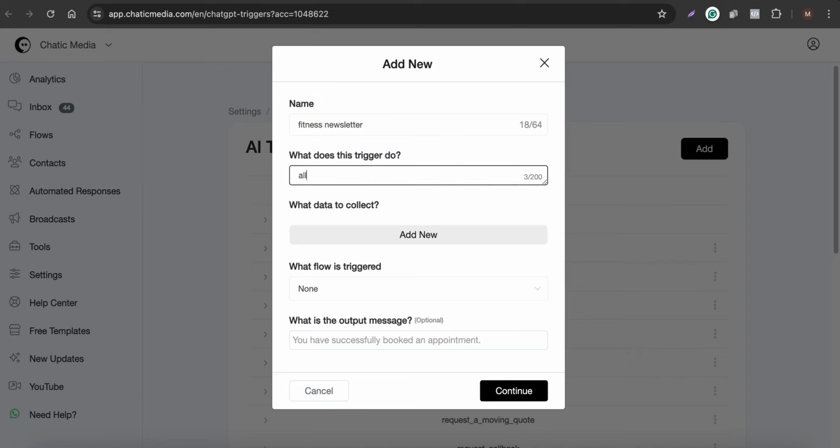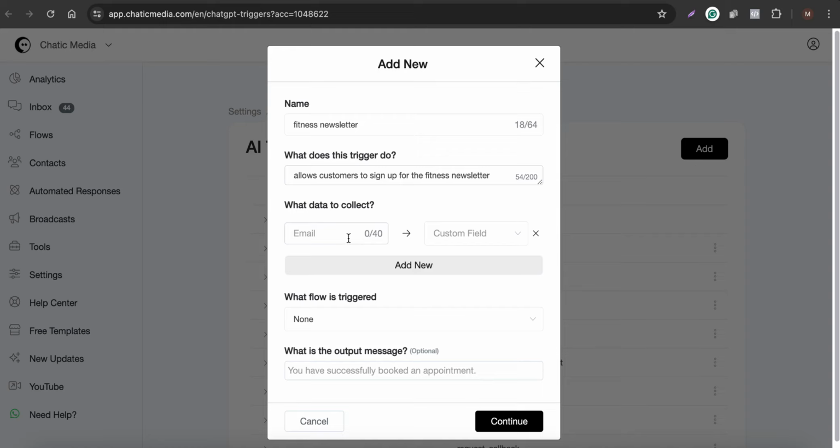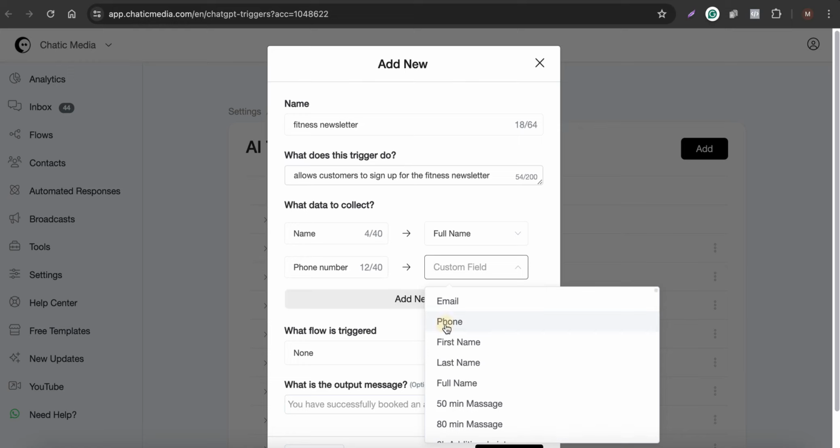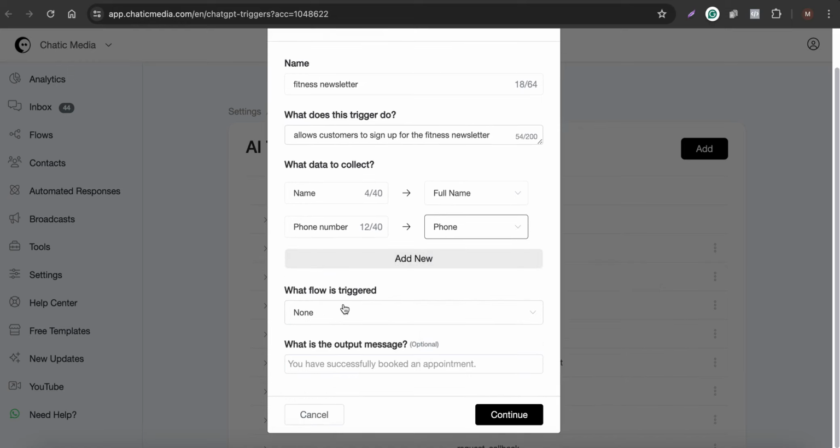So let me say it allows customers to sign up for the fitness newsletter, and here, what details do you want to collect? I want to collect the name and save it as the full name, and I also want to collect their phone number and save it in the phone field as well. Once this data is collected, you can send any sort of confirmation message to the customer as well. So let's say you are all set,